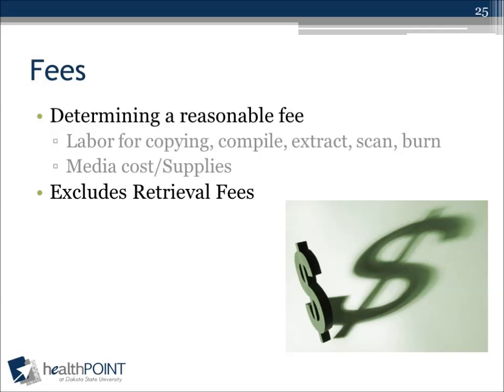HIPAA has always said that you can determine your reasonable fee, okay, and that you can take into account labor for copying, compiling, extracting, scanning, burning, whatever it is you need to do to collect that data, media costs and supplies as well. But you can no longer factor into that fee any retrieval fees, since we have moved to an electronic record, so you shouldn't have the types of